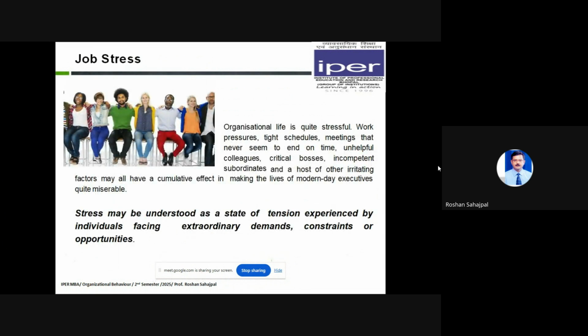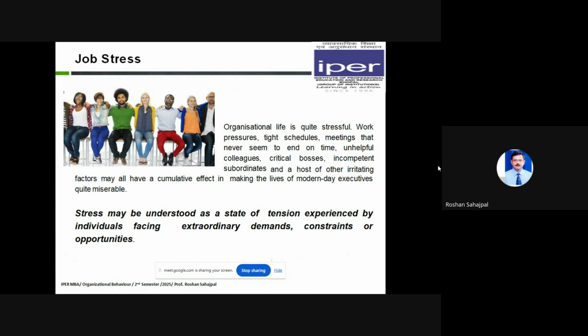Now, what is job stress? See, organization life is quite stressful because you are given tasks and assignments, and there are deadlines to be met. तो आपको जो काम दिया जाएगा वो कुछ डेडलाइंस में आपको मीट करना पड़ेगा. तो वर्क प्रेशर रहेगा, टाइट शेड्यूल्स रहेंगे, है ना, और मीटिंग्स, उसके बीच में मीटिंग्स आ जाएंगी. आपको एक काम दिया है, फिर दूसरे की डिमांड आ जाएगी, उसके बीच में मीटिंग का फरमान आ जाएगा. तो आप ये देखोगे कि आप लगातार you are chasing deadlines and you are under a lot of pressure to complete the task that is assigned to you.